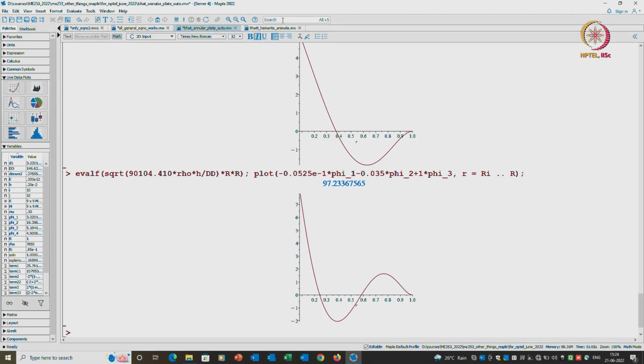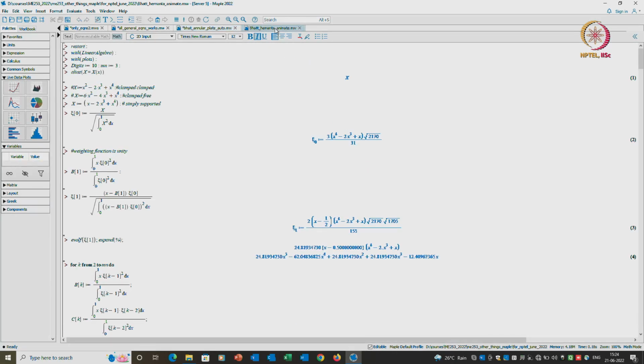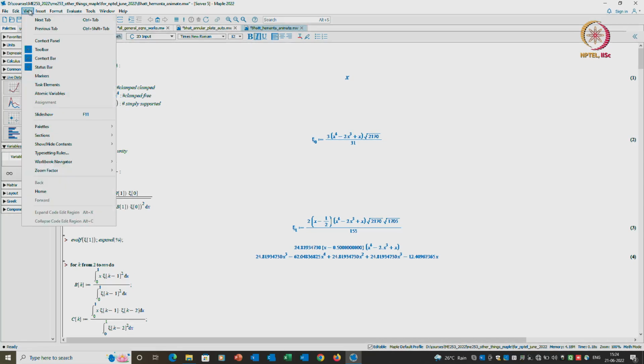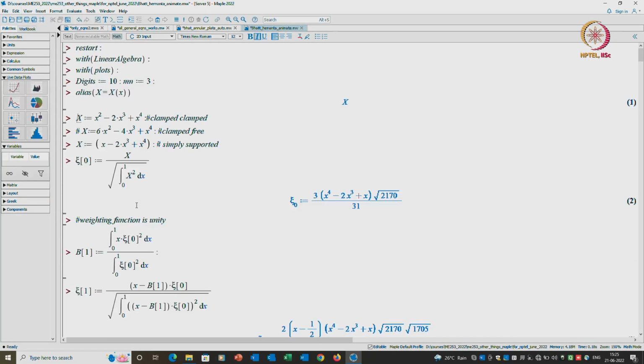Now, the next set of calculations are here. These are for the rectangular plates, okay. So, let me uncomment the first one. So, this is for a clamped plate, and if I zoom it, okay. So, this is the shape for a clamped plate. So, if I now run it,